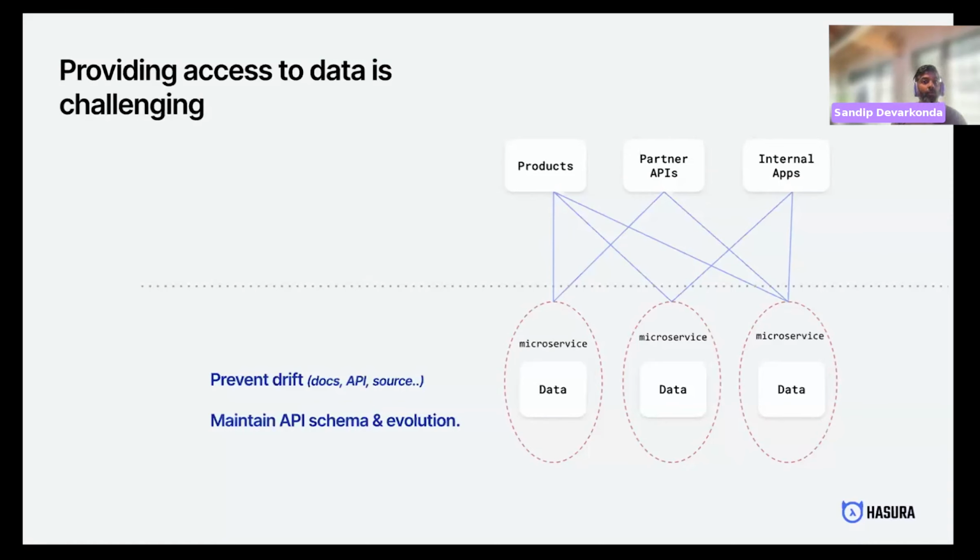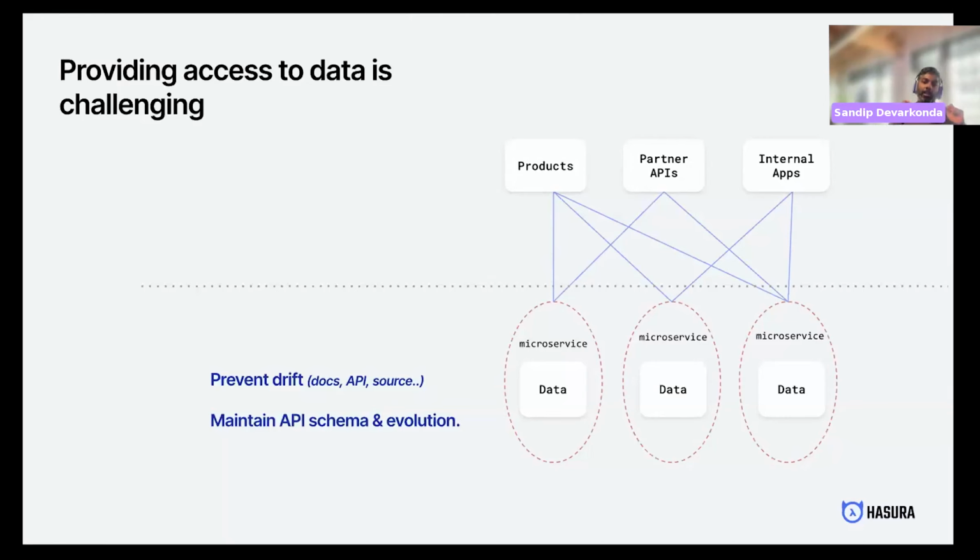You've already kind of signed up to provide documentation and onboarding for the different stakeholders who are building on top of your APIs. So the responsibility of preventing drift lies with you. You need to make sure that there is consistency across the documentation, the API, and the underlying domain database schema or APIs. Ensuring there is consistency across each of these layers is something that you need to take care of